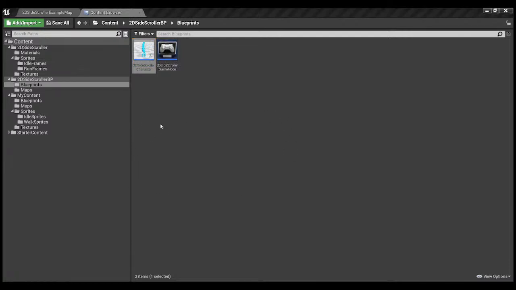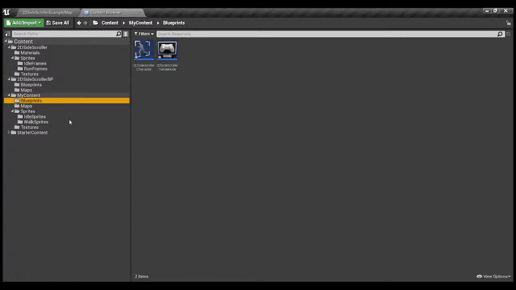It has movement, jumping and animation all pre-made. So I'm going to copy these and use them with our new animations, so I can keep the original files as is and modify my own files to make changes. I'm going to copy it into the blueprints folder and save all,